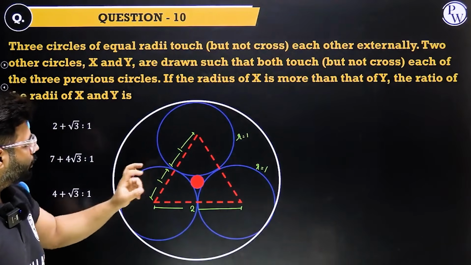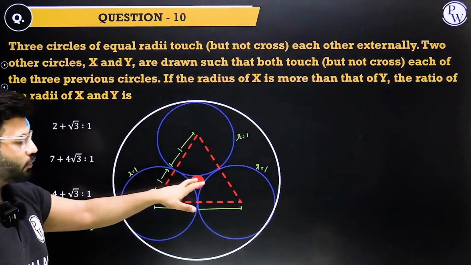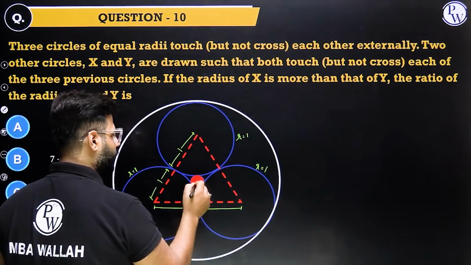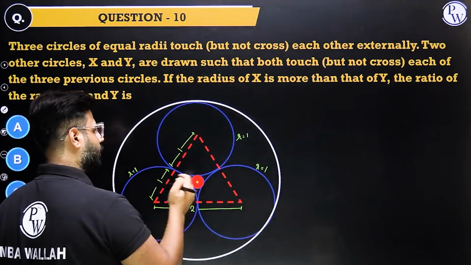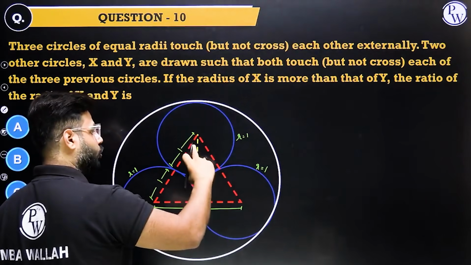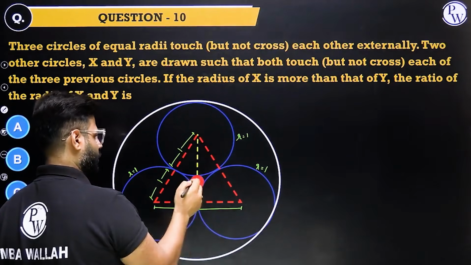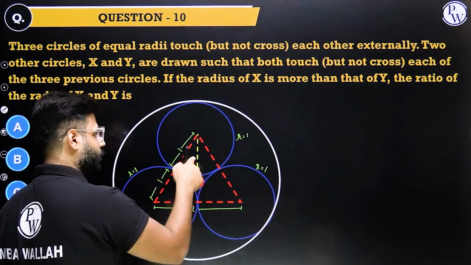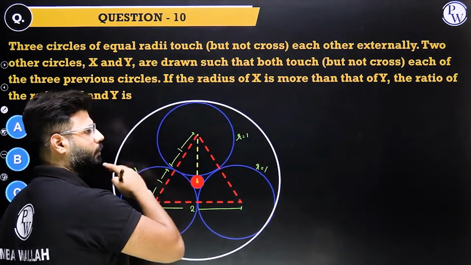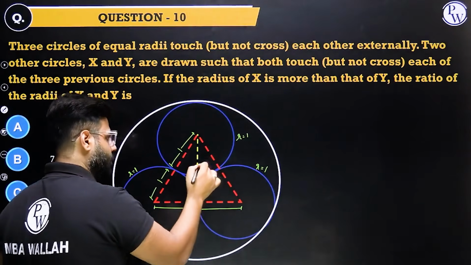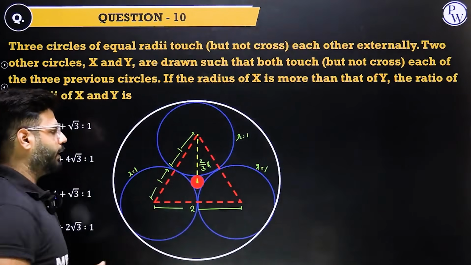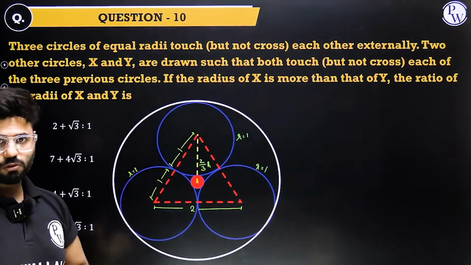Understand. This is an equilateral triangle. The center of this is going to be the centroid, right? This part is going to be the centroid of the equilateral triangle. That means this length is going to be 2/3 of the median. The centroid divides the median in the ratio of 2:1. And in an equilateral triangle, median, height, perpendicular bisector, everything is the same. This distance has to be 2/3 of the median or 2/3 of the height of the equilateral triangle. Yes or no?